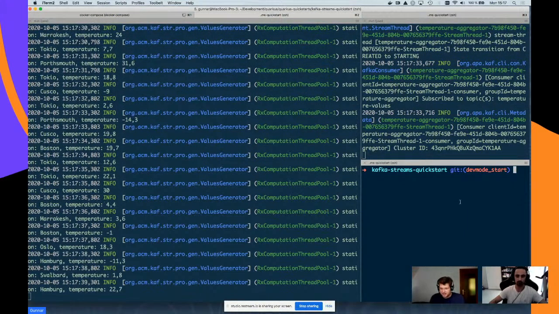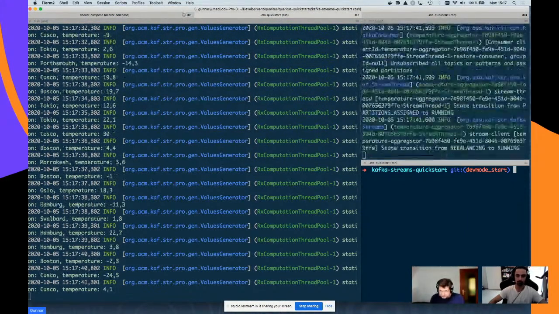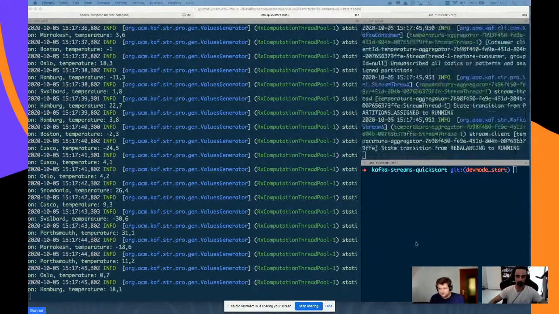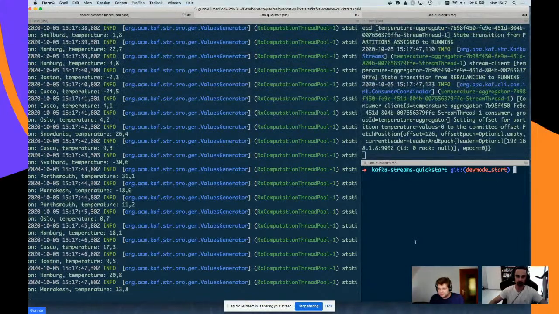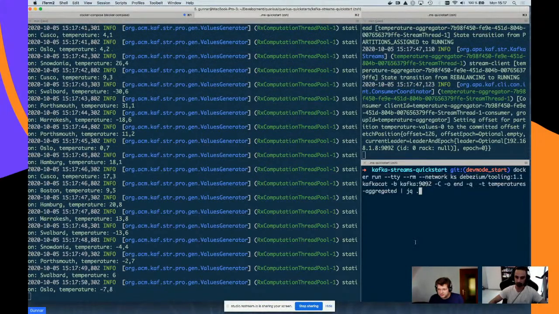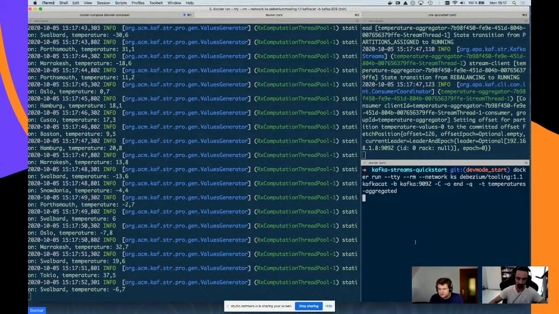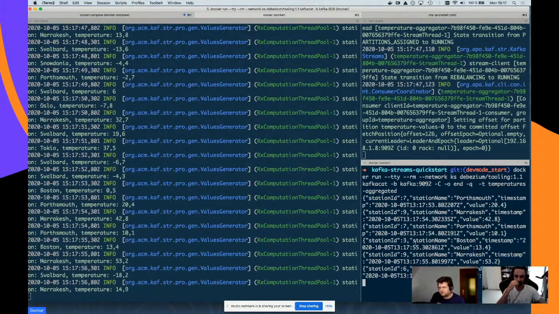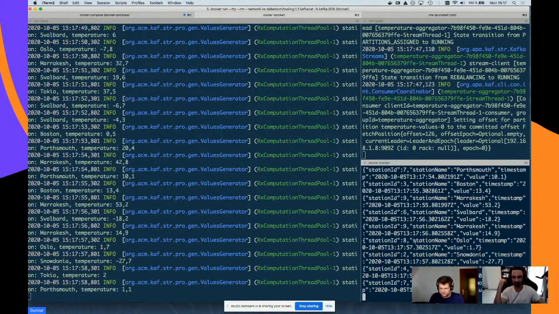And for that, I'm going to use this tool, which is called kcat, and it's an awesome tool for interacting with Kafka topics. So that's what I'm opening up here. Okay, so it's the UI for Kafka. Let's say it's a CLI client for Kafka, right?